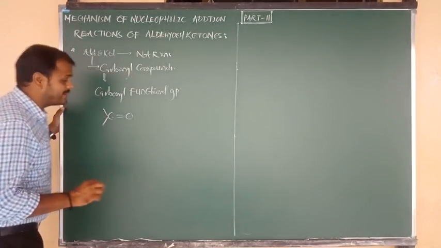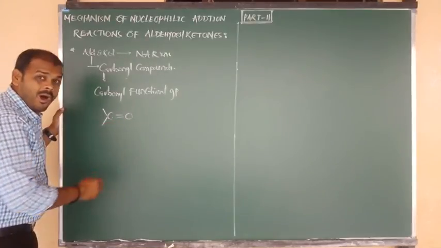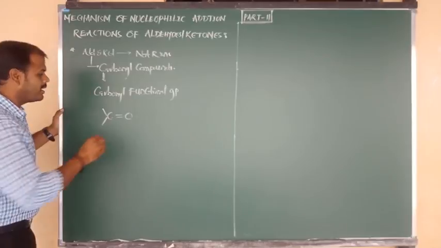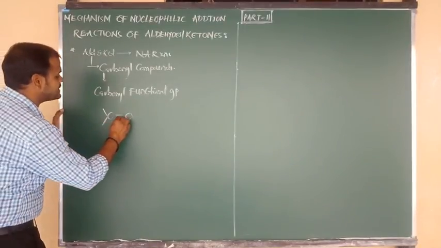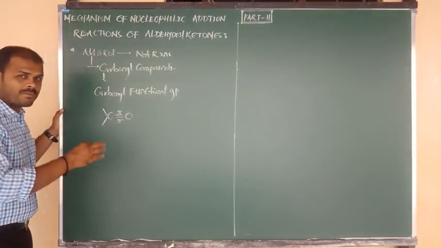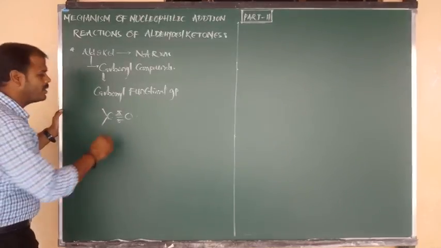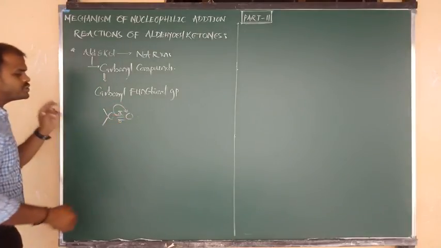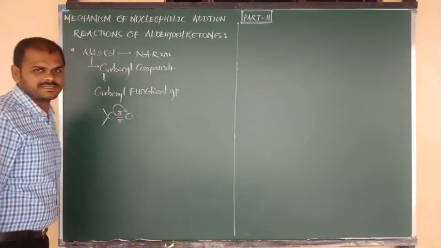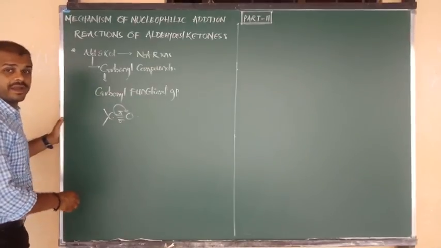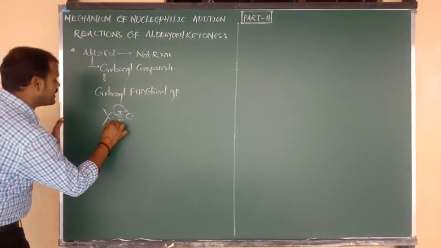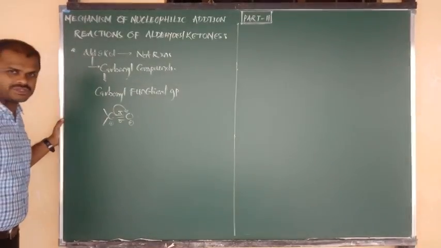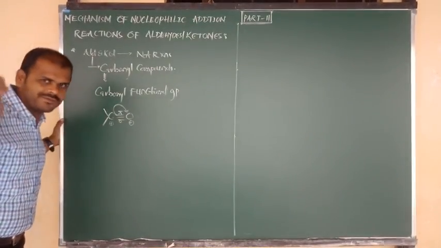Now listen carefully. In this formula, as compared to carbon, oxygen has more electronegativity. That means one of the bonds is a sigma bond, and one more is a pi bond. The pi bond is more reactive and less stable. So due to its reactivity, it is delocalized and shifted towards the more electronegative oxygen. Due to that, carbon carries a positive charge and oxygen carries a negative charge. I already told you this point in the previous class also.